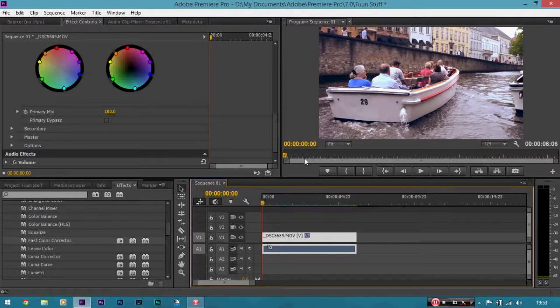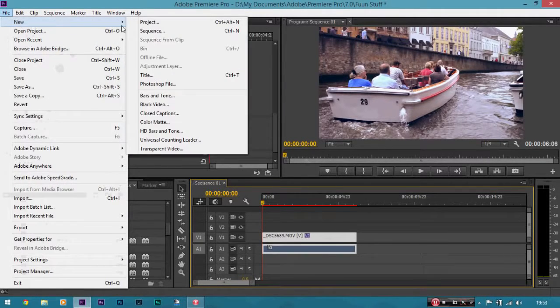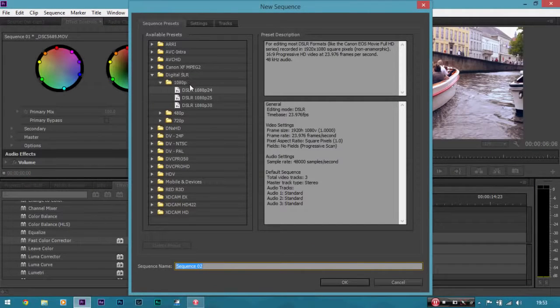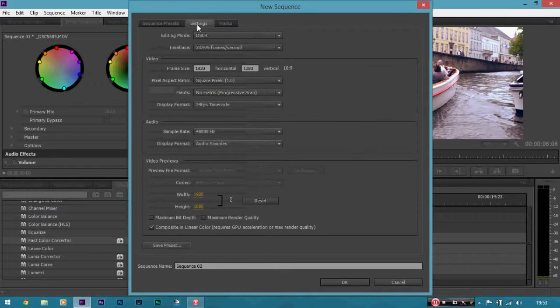If you want to add black bars, go to File, New, Sequence, so remember we did this before, and go back to your preset again, but then go to Settings, and this is going to depend on the resolution of your camera, but say if it's full HD like mine, go to Vertical, and change it to 800, and notice when you click off, it changes it to 12:5, that is anamorphic